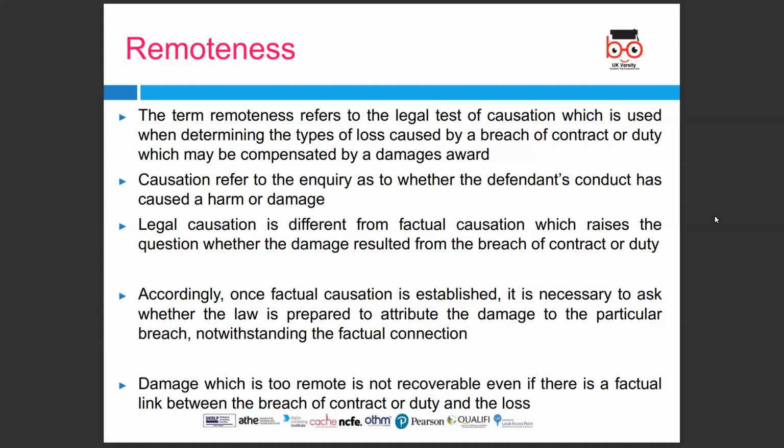Accordingly, once factual causation is established, it is necessary to ask whether the law is prepared to attribute the damage to the particular breach, notwithstanding the factual connection. Damage which is too remote is not recoverable, even if there is a factual link between the breach of contract or duty and loss. So remoteness of damage, as we mentioned, relates to the requirement that the damage must be